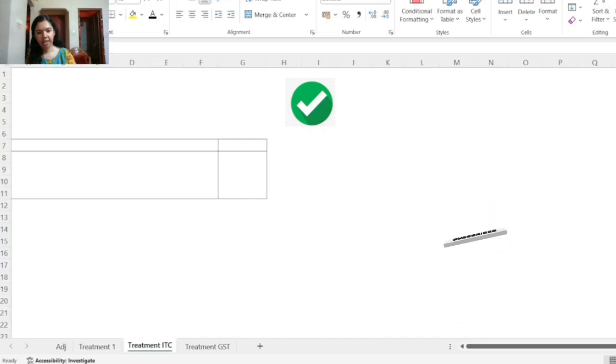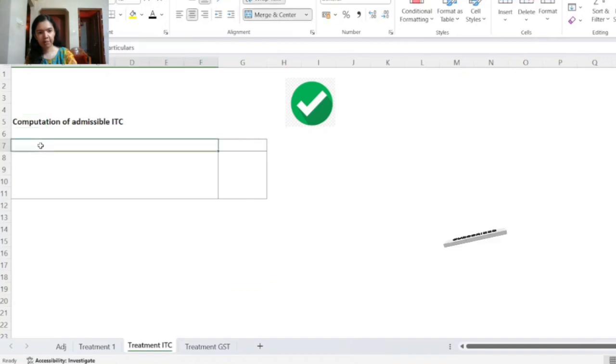The buyer who finally files the bill of entry for home consumption will pay the IGST and hence the final buyer will claim the ITC. So in this case, the ITC admissible is nil, because the GA Limited did not pay any IGST on the import. So let's see how to show this.